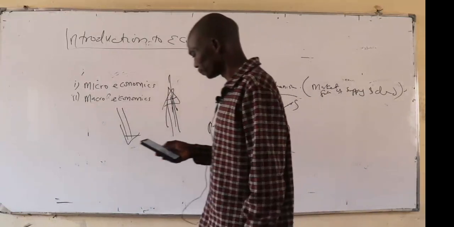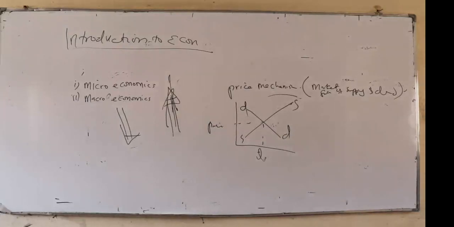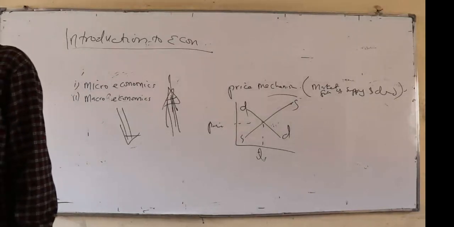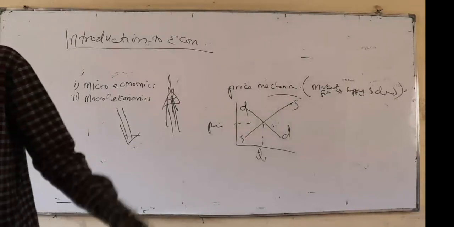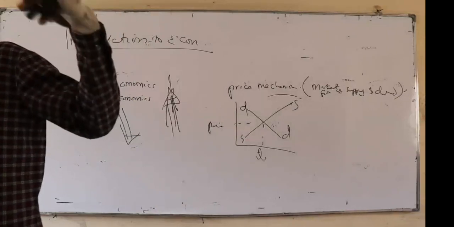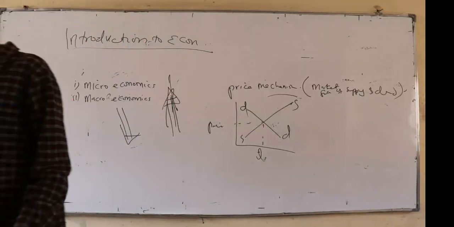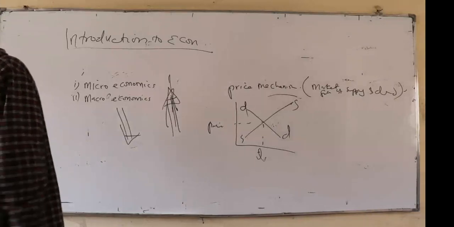Number next, there is consumer sovereignty. We shall discuss that. Of course, that's the next area, the last area in the introduction. When we talk about consumer sovereignty, we shall understand the consumer's controlling power on what to produce. And this happens through the demand. So when the demand of an item is increasing, it is a signal; consumers are actually signaling that such a product is to be produced. So the consumers are able to control what is to be produced through their purchasing power.